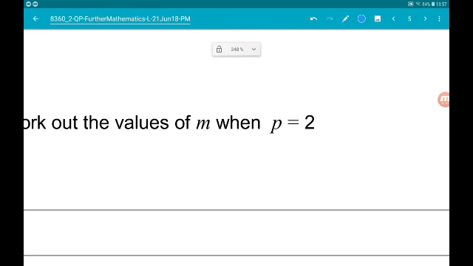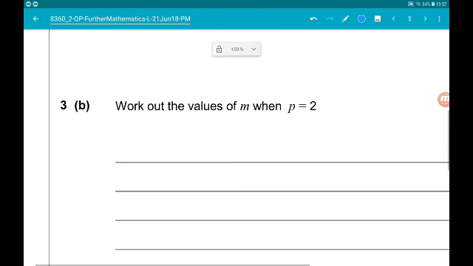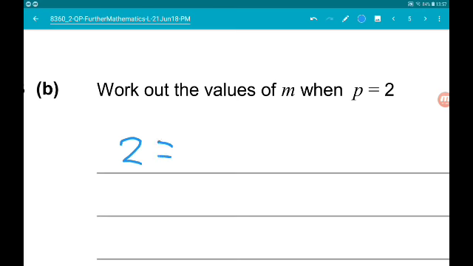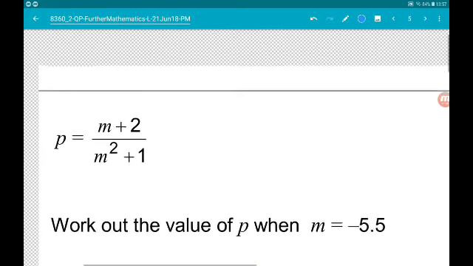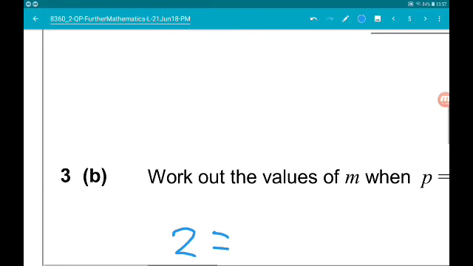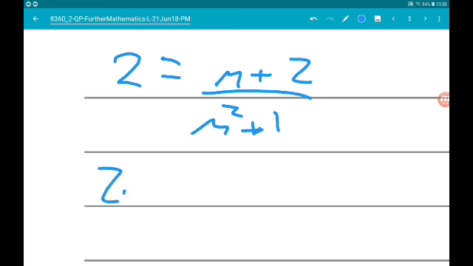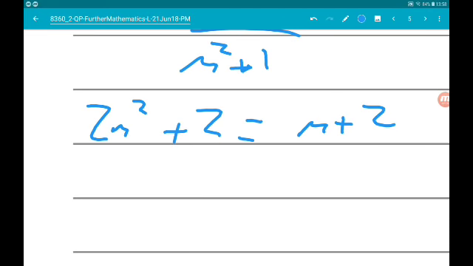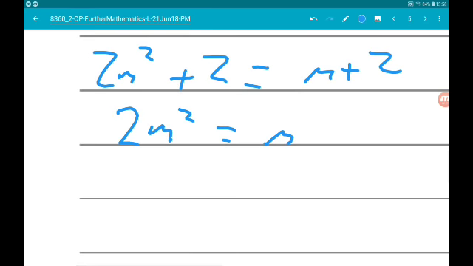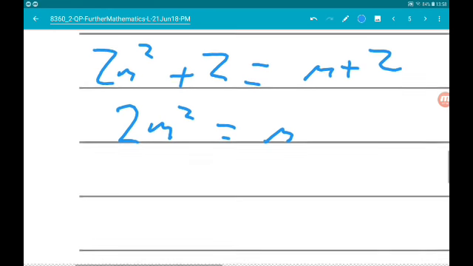Part B wants us to work out the value of m when p is 2. Okay, so this way around, we're going to have 2 is equal to m add 2 over m squared add 1. Multiply through by the bottom, so we get 2m squared add 2 is equal to m add 2. Now we've got a 2 on both sides, so we can take that away. So we get 2m squared is equal to m. Take away the m, don't divide through by it, this is quadratic. If we divide through by m, we lose a solution. So we get 2m squared